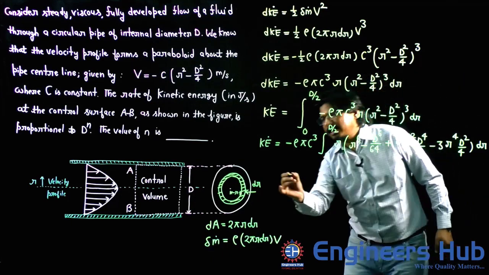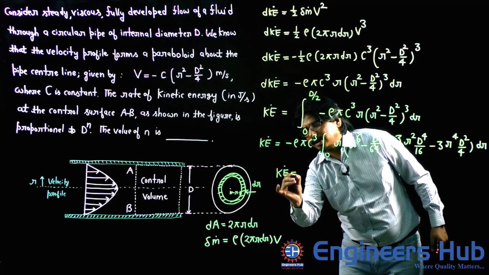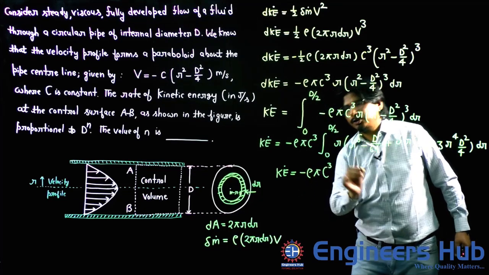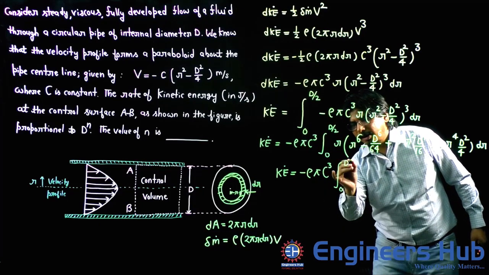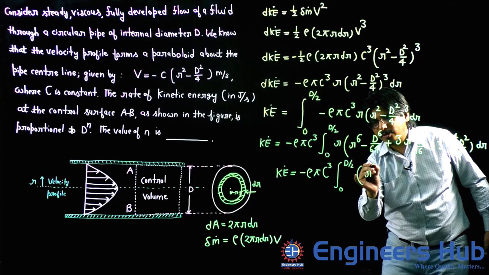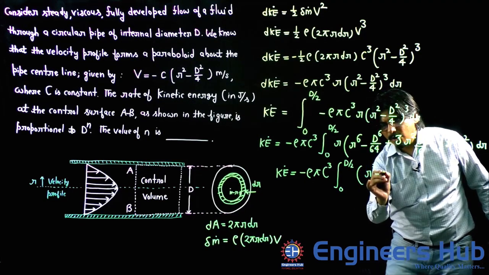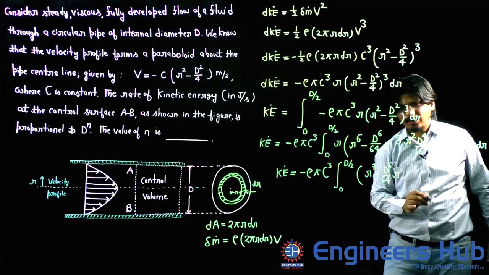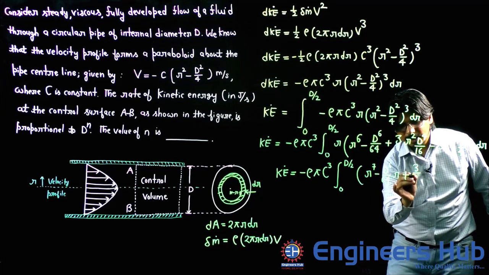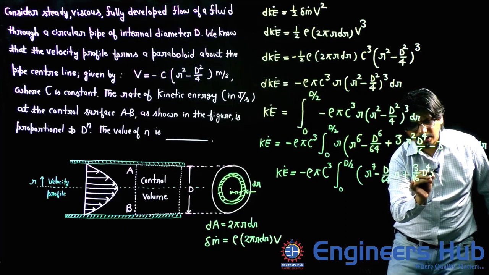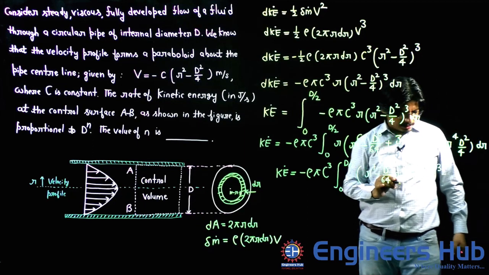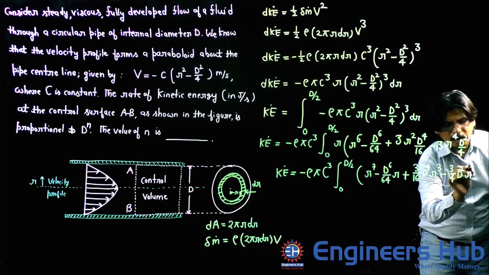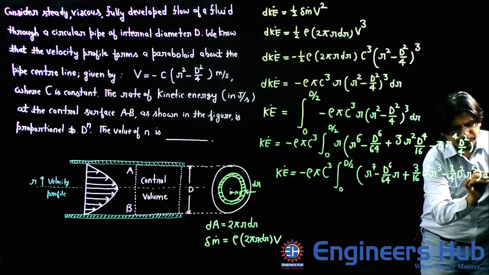Let us multiply this small r inside, my friends. What are we getting? KE dot is equal to minus rho pi c cube, 0 to capital D by 2, small r power 7 minus, or you can write, D power 6 divided by 64 small r, plus 3 by 16 D power 4 small r cube, minus 3 by 4 D square small r power 5, dr. Now my friends,